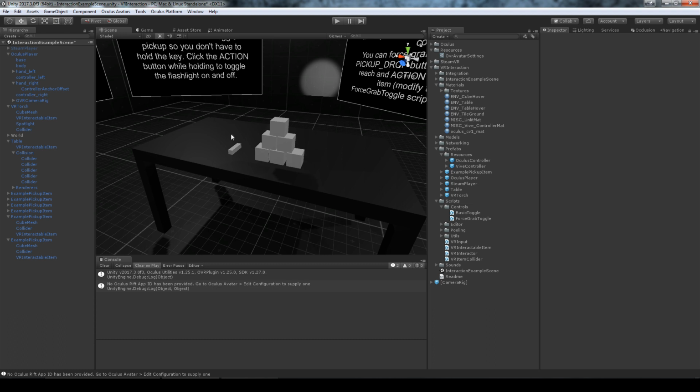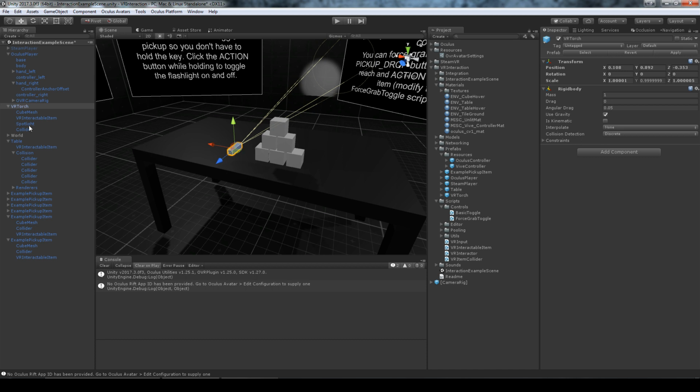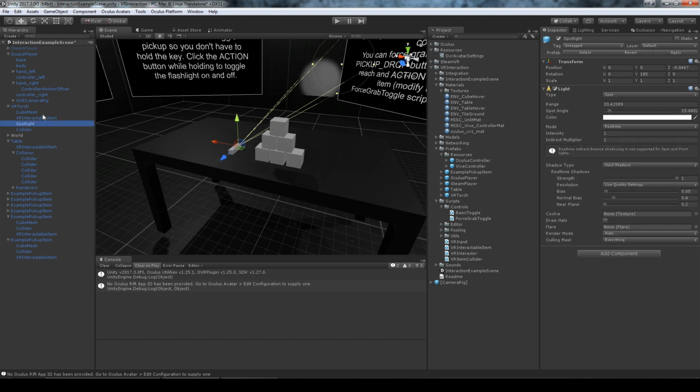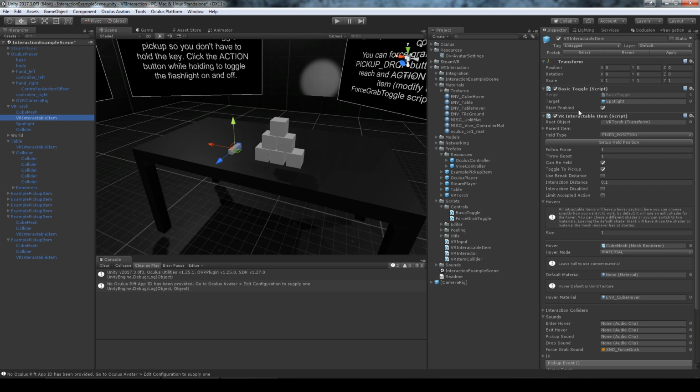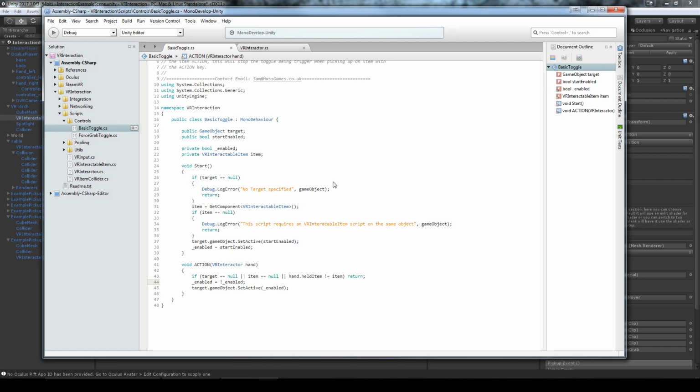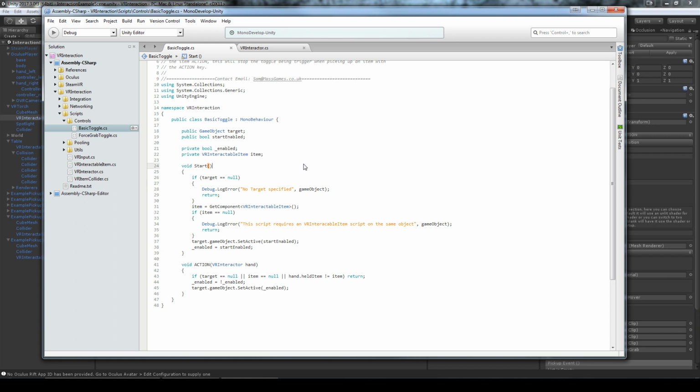Now, the only additional bit of functionality is for the flashlight. It has a light on here, and there's a script that I've added called Basic Toggle. Basic Toggle is just an example of a script that you can add yourself. So let's have a quick look at this script and see how it works. This is a super basic script, which just inherits from MonoBehaviour, that I quickly wrote just to demonstrate what you can do. You see here, the word action has shown up again, and this is where it comes in useful. Because this uses a method that's called action and takes a VR interactor as a parameter,